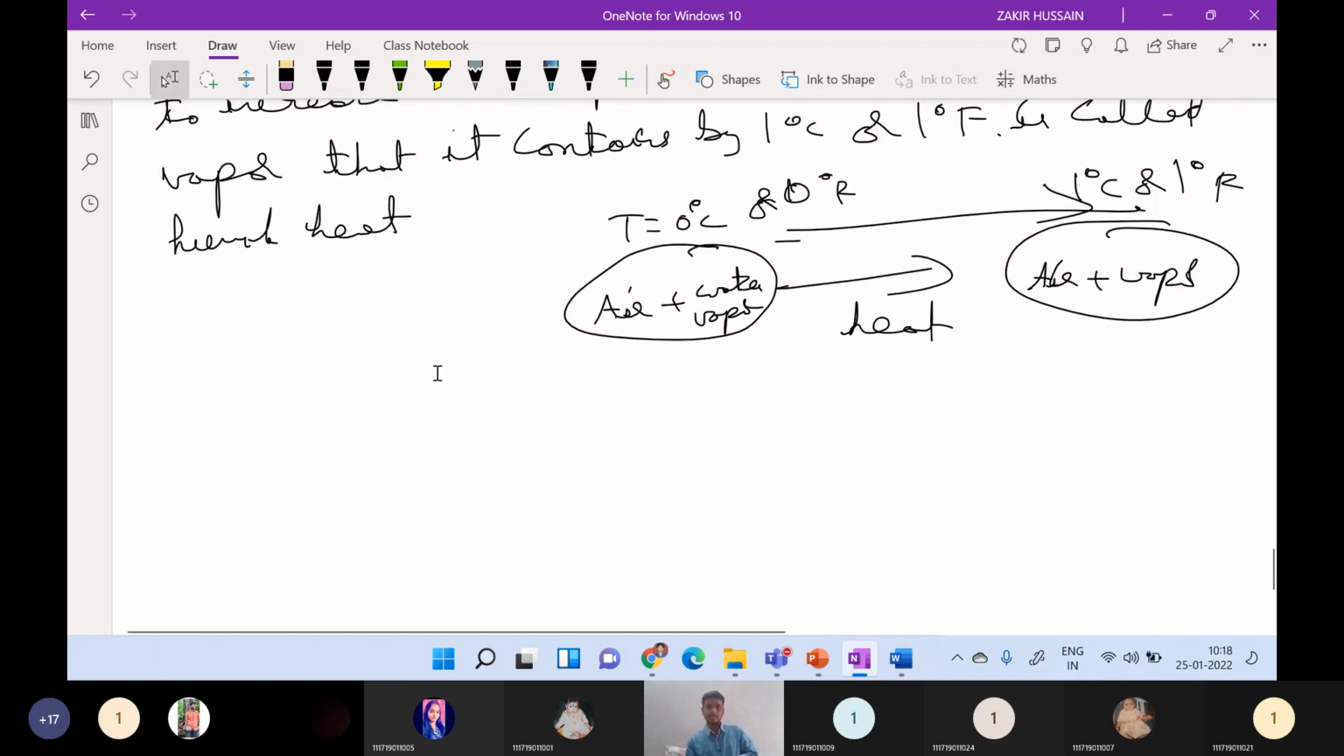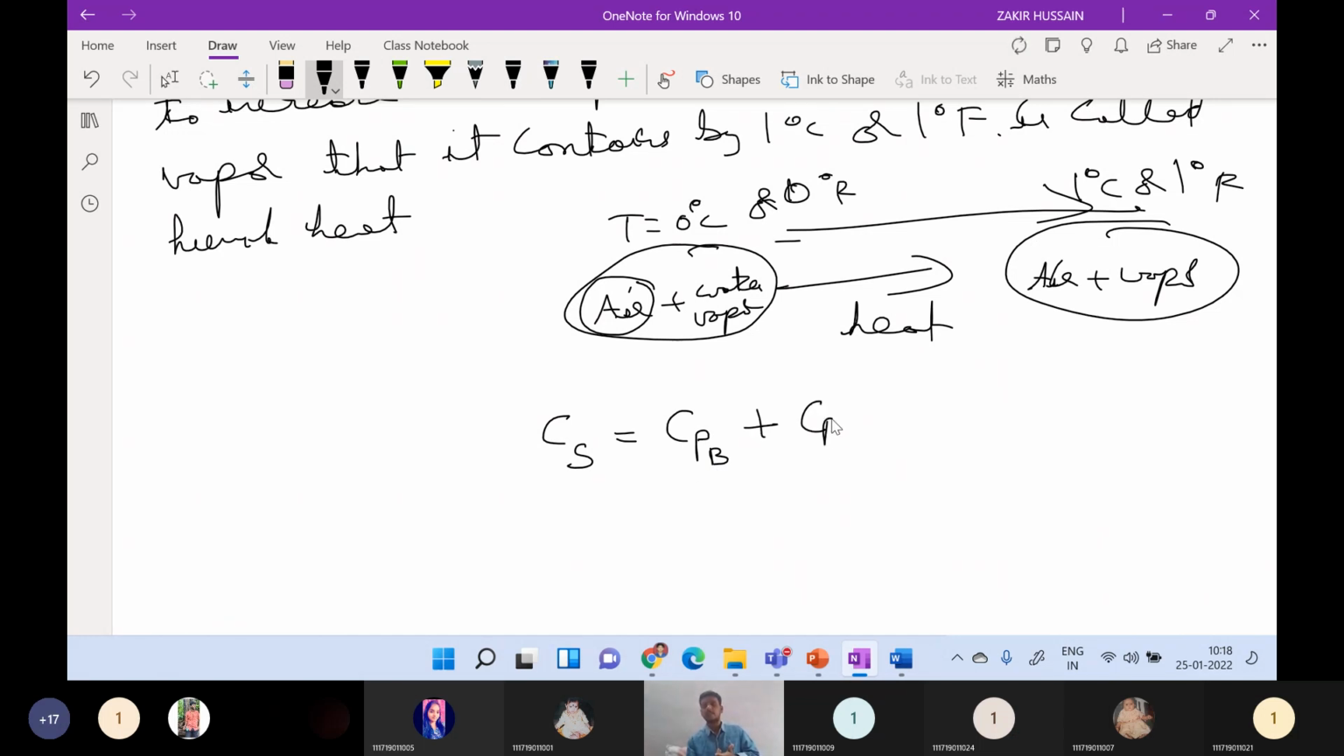Thus we can say humid heat is nothing but the sum of the heat energy contained by the vapor plus gas. So humid heat is equal to the sum of the specific heat of the gas plus the specific heat of the vapor times the humidity, since the vapor is already associated with some humidity. So CS is the humid heat,